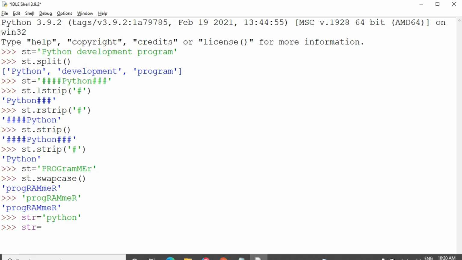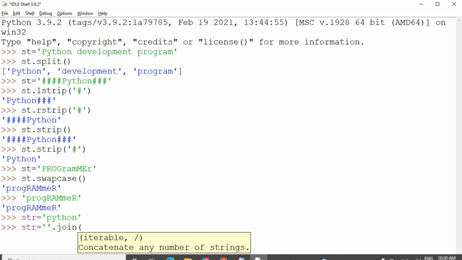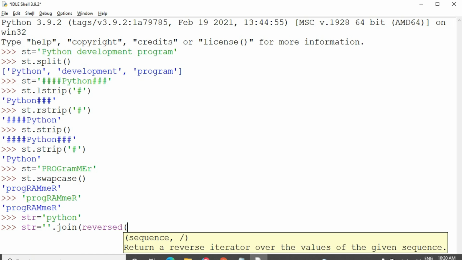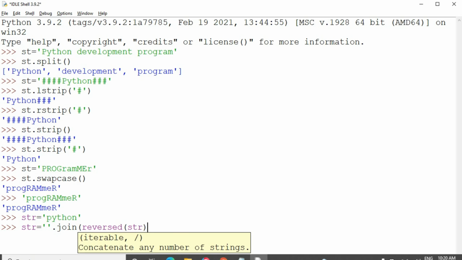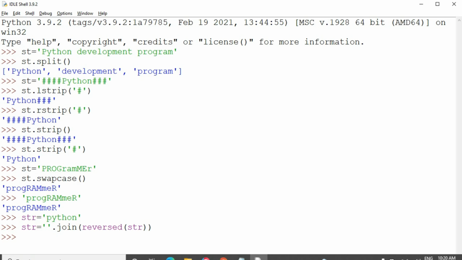After reversing the string, it should be stored in the string variable only. str equals dot join of reversed str. Print of str.